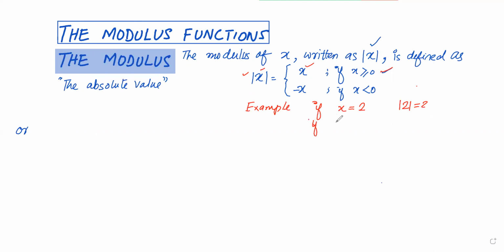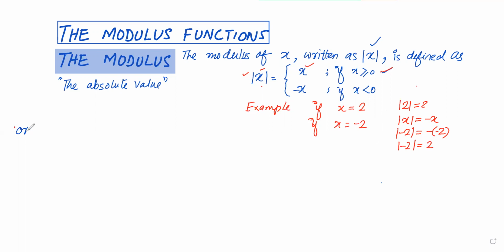And if x is a negative number, for example, minus 2, then using the definition that modulus of x is equal to minus x for negative values, modulus of minus 2 is equal to minus of minus 2,